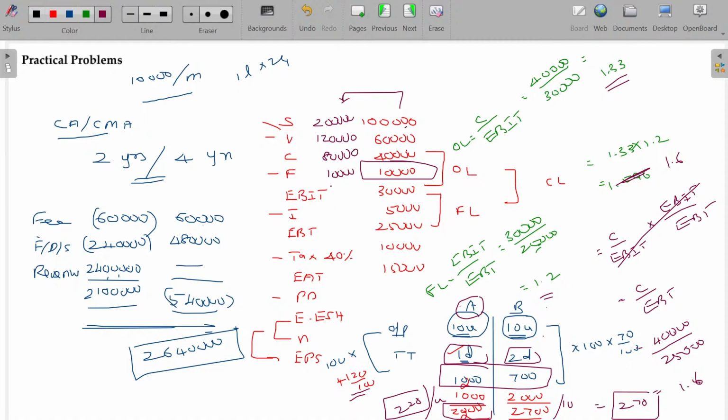How much is the EBAT? 70,000 rupees. This one is doubled, but this one is not doubled. It should be doubled plus 30 should be 70, no, but it's not 30 plus 30. It's 30 plus 30, another 10,000 also increases there.